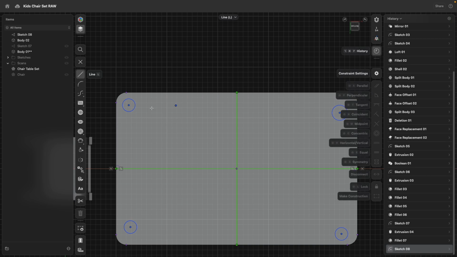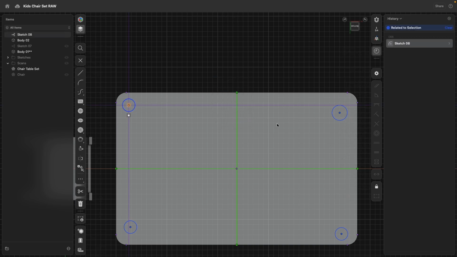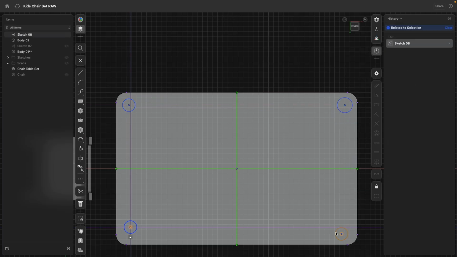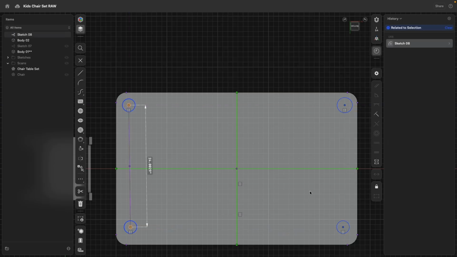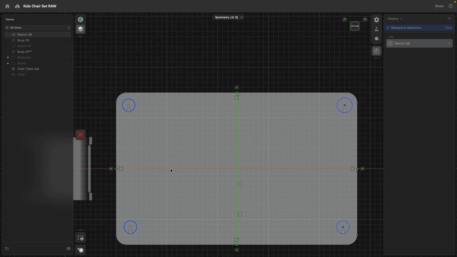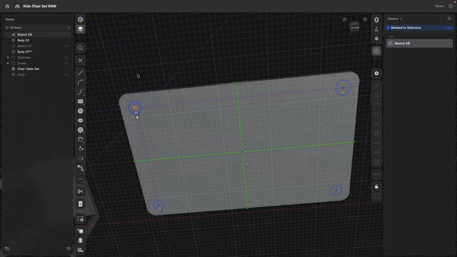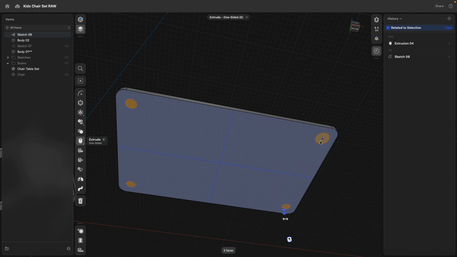So what I can do now is the following. I can select this midpoint and say symmetry to there. This midpoint, symmetry to there. And then this midpoint and that midpoint, symmetry along this line. And they're all now symmetrical. Then it's a question, where do we position them? Let's say there. I could select all